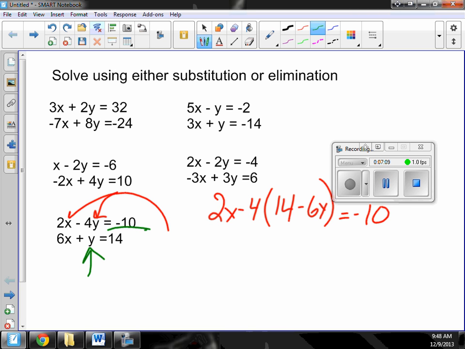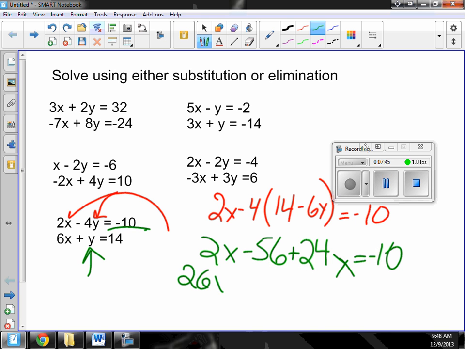what happens when you substitute an equation back into itself? Right, you're going to get infinite solutions. You're asking, where does a line touch itself? Everywhere. So you end up with infinite solutions. So 2x minus 56 plus 24x equals negative 10. 2x and 24x, is that an x or y? It's an x. So 26x equals